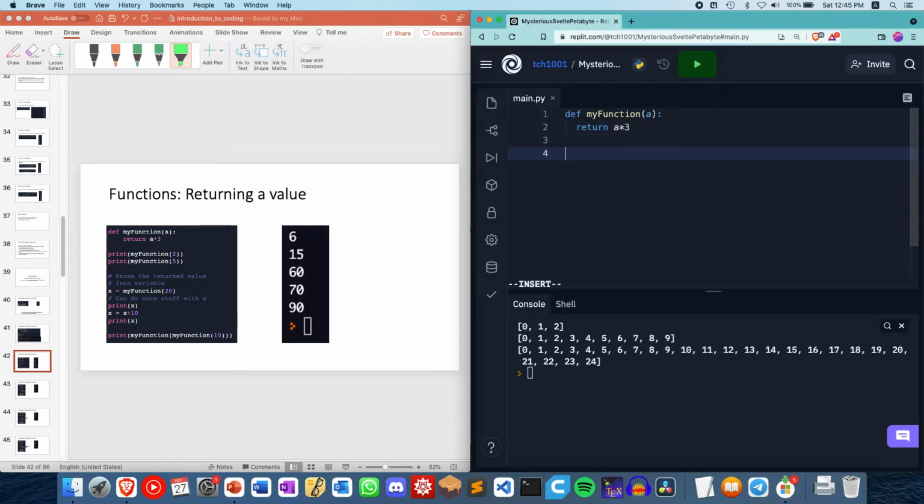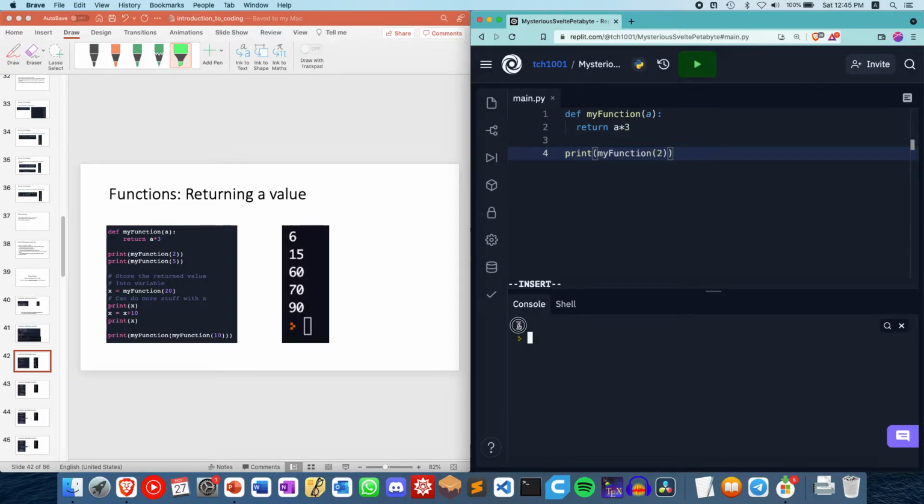So if I do something like print my function and I pass in 2, then what's going to happen is, if I execute it, you see it prints 6. So what actually happens here is,